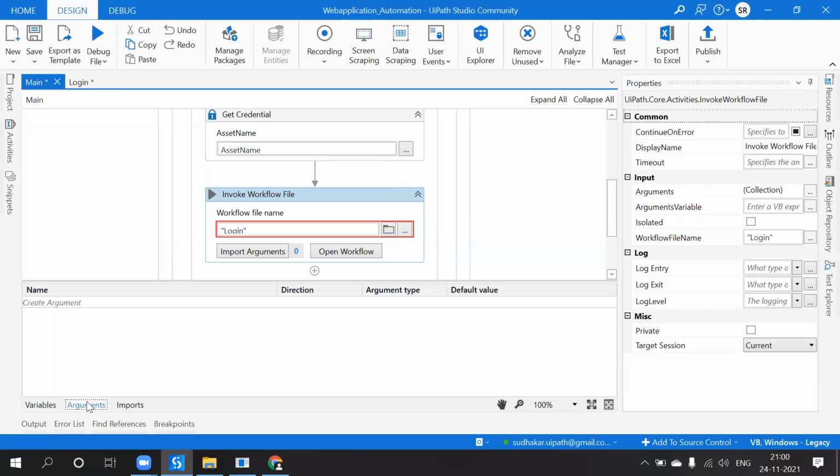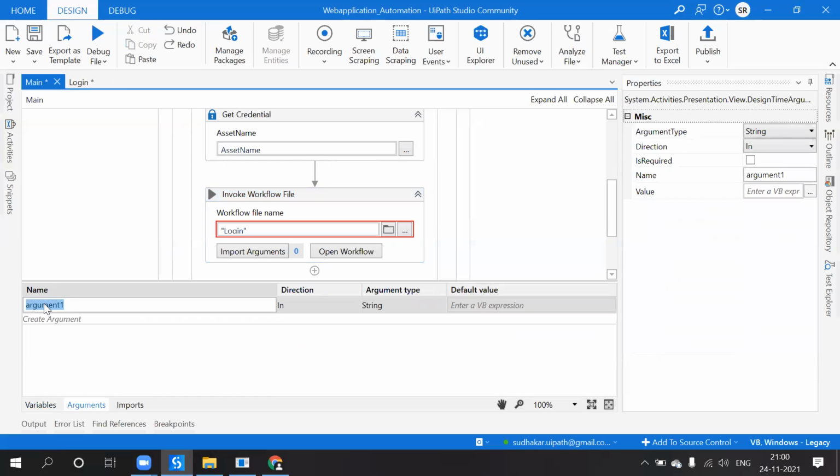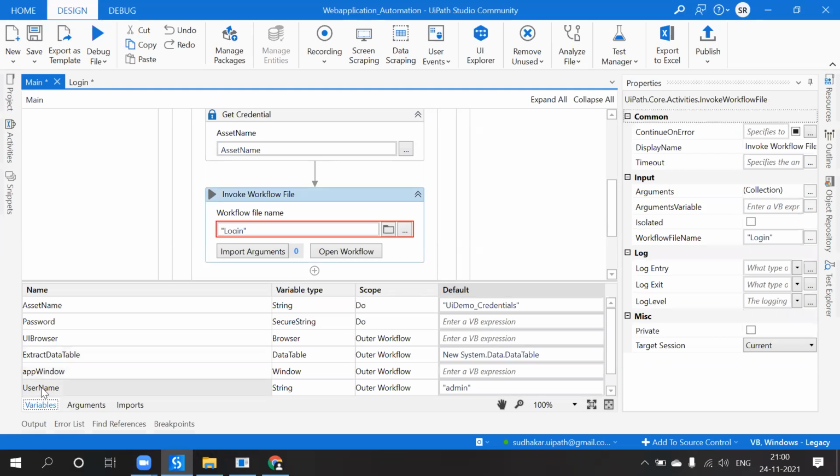Okay, first we will create it. The first one is, what are all the arguments we need to pass? Username, the direction is string. What is the default value? Where is the value available? The value is available under a variable called username, correct?